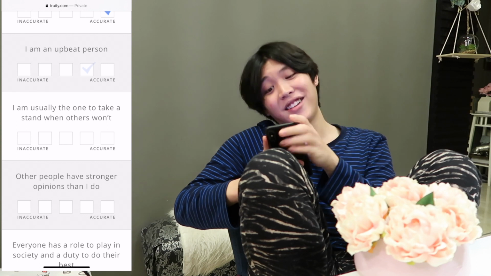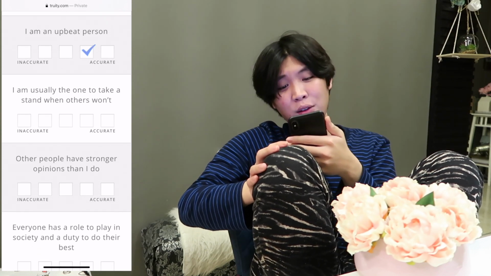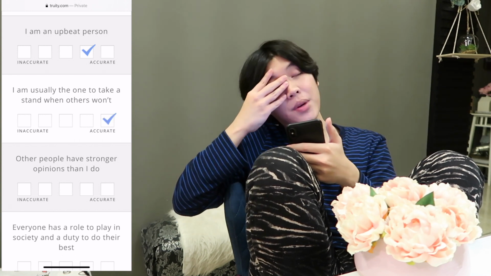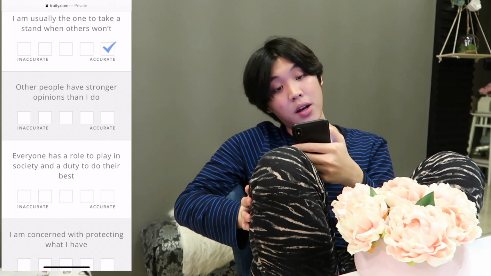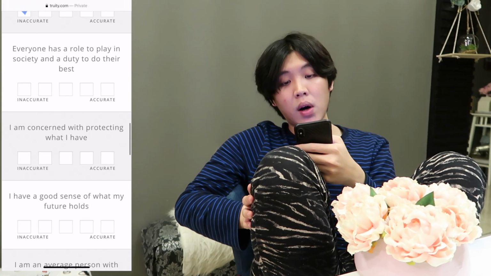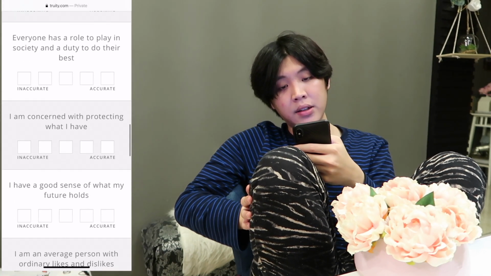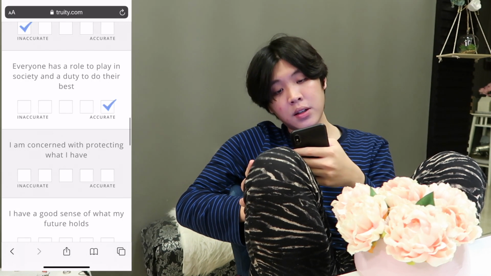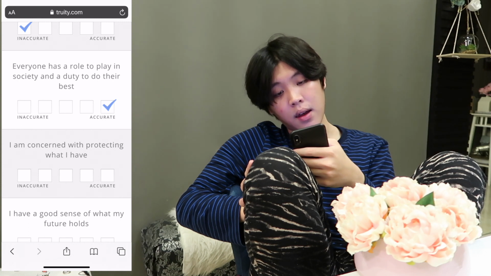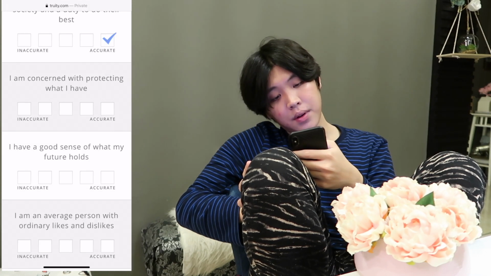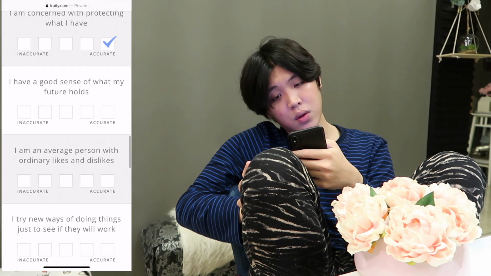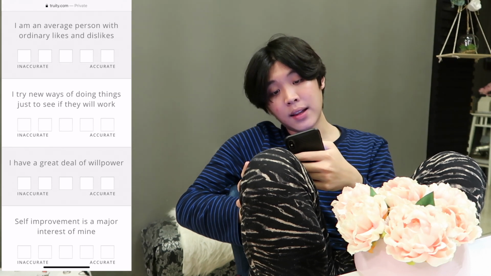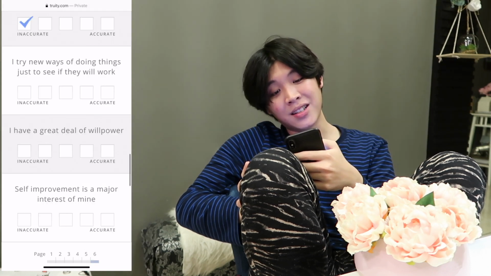A little bit. I'm usually the one to take a stand when others won't. Yes. Other people have stronger opinions than I do. Not much, to be honest. Everyone has a role to play in society and a duty to do their best. Yep. I'm concerned with protecting what I have. Yep. I have a good sense of what my future holds, maybe a little bit. I'm an average person with ordinary likes and dislikes. No, I'm pretty eccentric, so